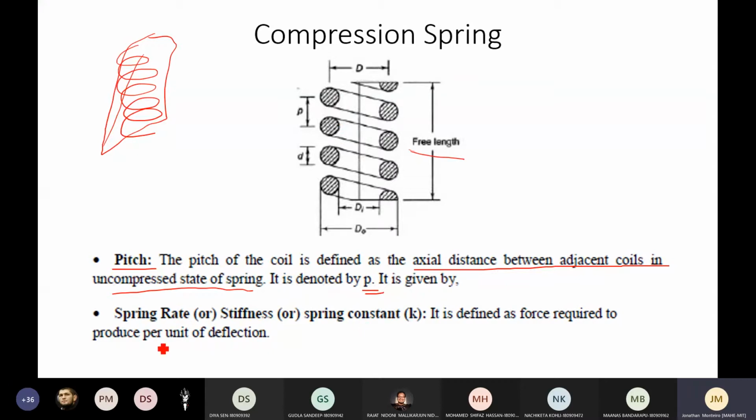One more important parameter that we have is spring rate or stiffness, also called spring constant. Now say you have 10, 15, 20 different types of helical springs and everything looks similar. But actually when you load them, they will behave somewhat differently. That is, one spring may compress more, the other spring may compress less. So just to give an idea how it might look like, suppose you have a spring like this with equidistant coils, and you have a spring like this.